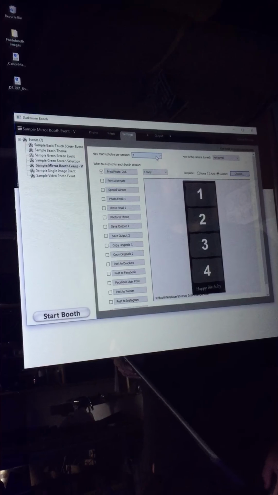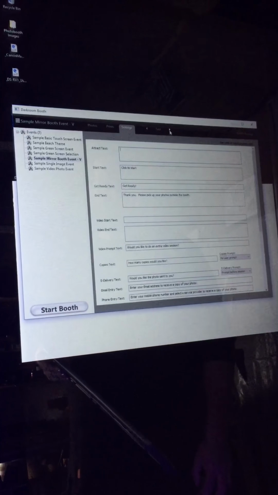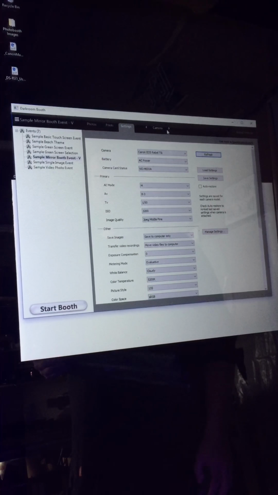Okay, the first screen is where you're going to find a lot of stuff, like number of images per photo. The mirror booth is set up for 3, so you want to make sure that that is on 3. There are a bunch of options, most of which you'll never use. Darkroom has really excellent videos on all of that, so I'm not going to discuss this here. I'm just going to look over and see if there's anything else. This is